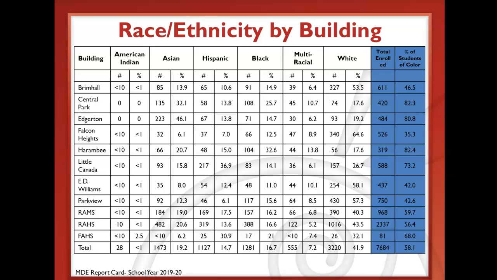This next slide is data that's pulled from the Minnesota Department of Education on the Minnesota report card, and you can get that at any time by going to the Minnesota Department of Education website. Please note that this is actually October 1st data, but it comes from the past school year, the 2019-2020 school year, but it's the most updated data from MDE, which just gives you a snapshot of all of your building race and ethnicity data. So you can look that up anytime. Again, this is a current snapshot that's used by our buildings for some data purposes as well as MDE. And hopefully they'll update that data soon.